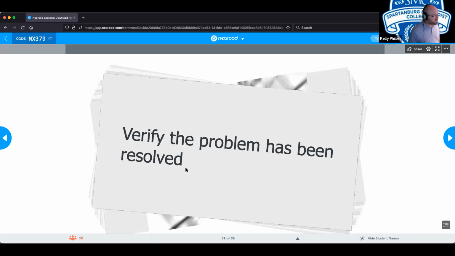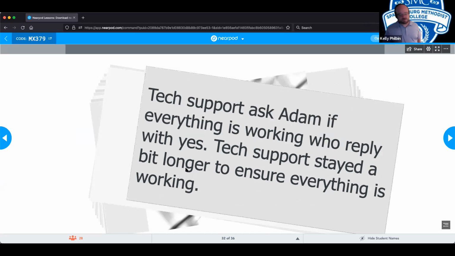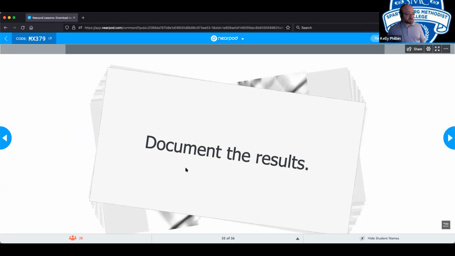Verify the problem has been resolved. Tech support asks Adam if everything is working, and he replies with yes. Tech support stayed a bit longer to ensure everything is working, just in case. Make sure he's able to power up applications and get running, so that we don't have to receive that very angry second phone call